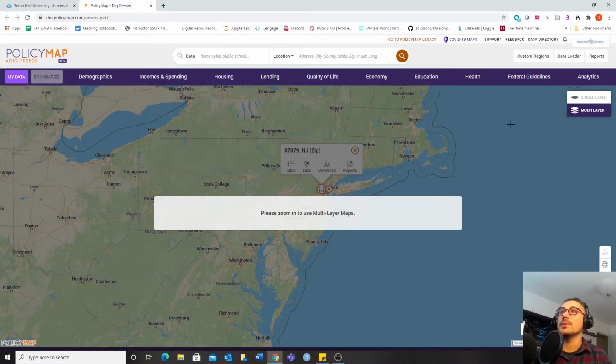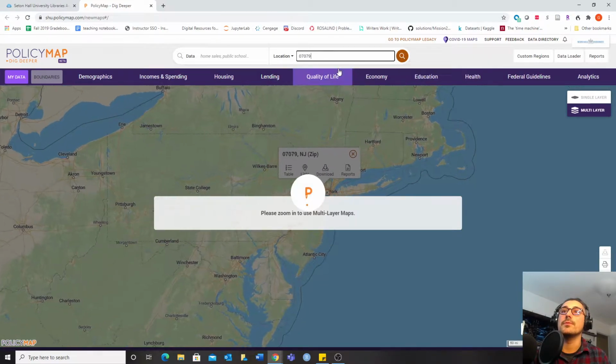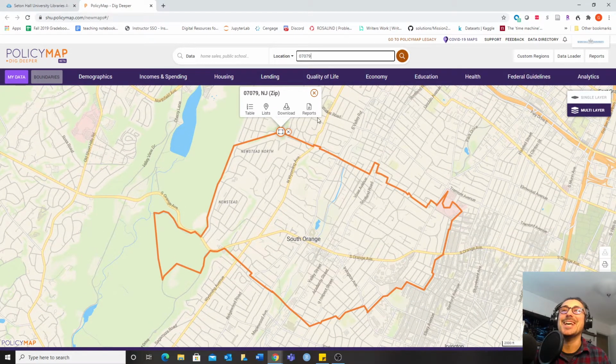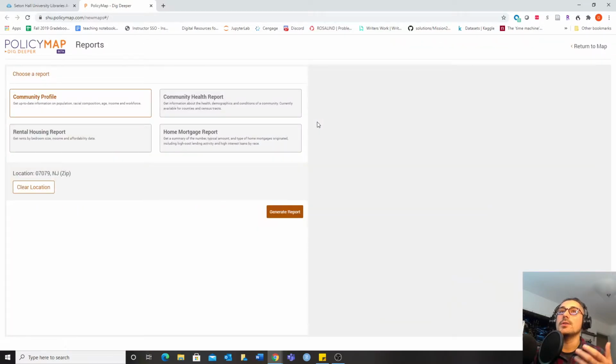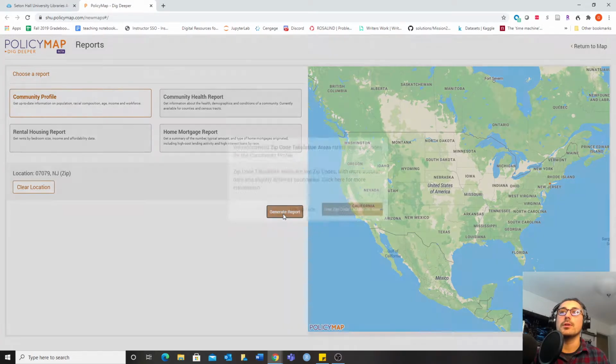So the first place that I would like you to go is you can either go directly to reports, or if you're interested in a specific zip code, so let me just try it out here, 07079. Right, so that is the zip code for, I believe, South Orange. Yes, it is. Okay, I guess I remembered it correctly. And then once you enter that in, you can go to reports. And this is a really good first stop. What reports does is you can go to either rental housing reports, home mortgage reports, or just the general community profile. If you click on the general community profile, and then you click down here on generate report,